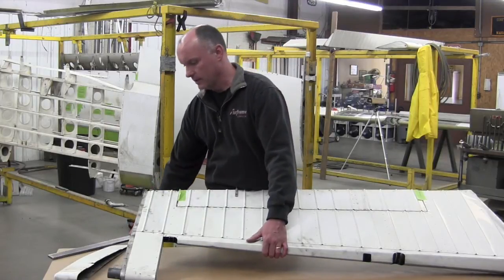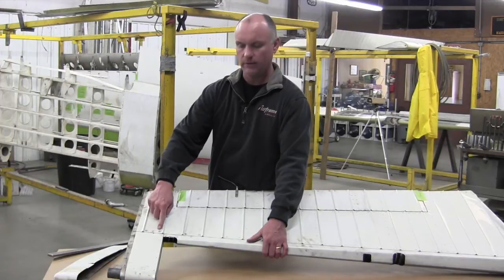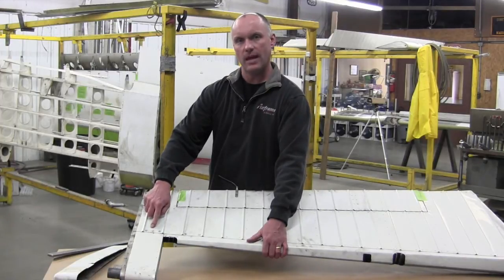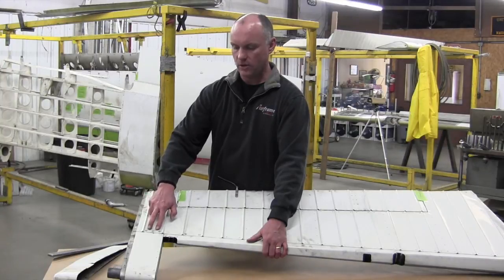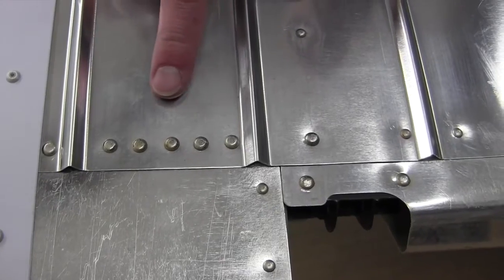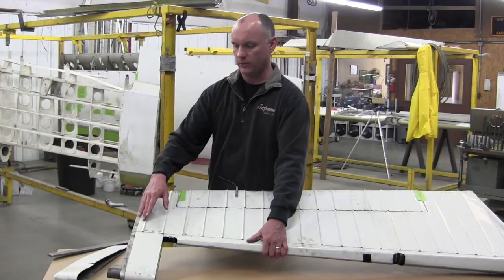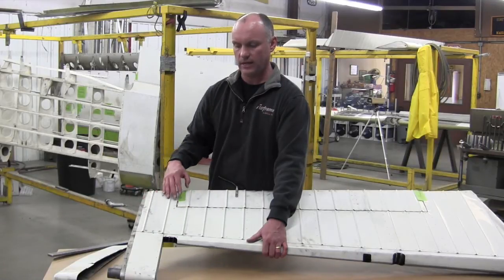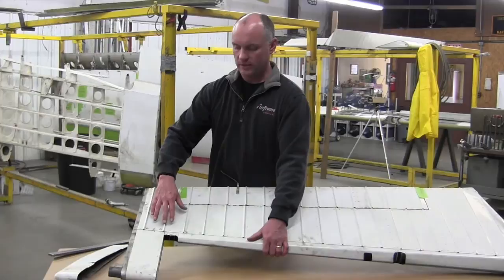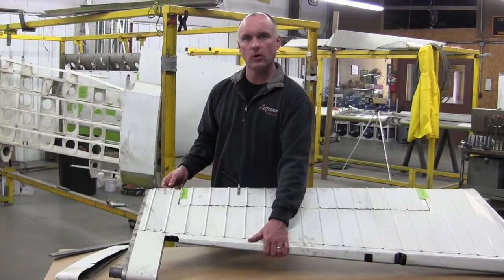On the service bulletin, you will take out the number 3 rivets, replace those with -4 rivets, the 1/8" rivets, and then you will also install additional 2 rivets in between these existing rivets here for a total of 5 rivets in this bay, and then 1 more rivet in the bay between the tip and this last corrugation. These rivets will be installed along the top surface of the spar as well as the lower surface of the